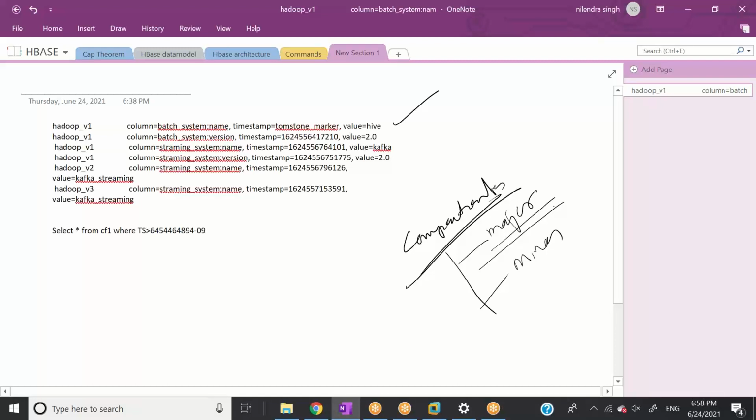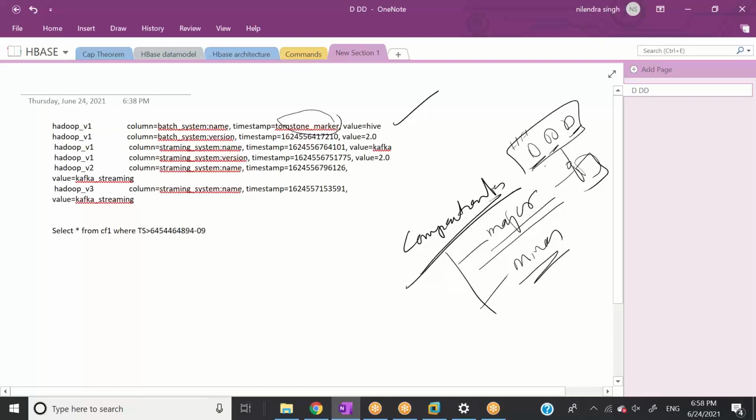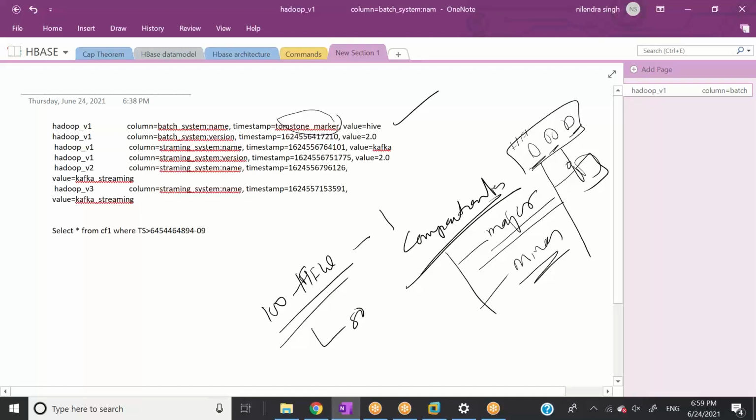One is major compaction and one is minor compaction. In major compaction, it is merging multiple files and creating one bigger file. These are H files, okay? So in compaction, there are two things going on. One is obviously these rows are deleted, and the other is these small H files will be merged into big files. So in major compaction, all the H files will be merged into one big file. In minor compaction, let's say we have 100 H files behind the scene. In major compaction, it will become 1. In minor compaction, it may become 50, 60, whatever the ratio is, right?